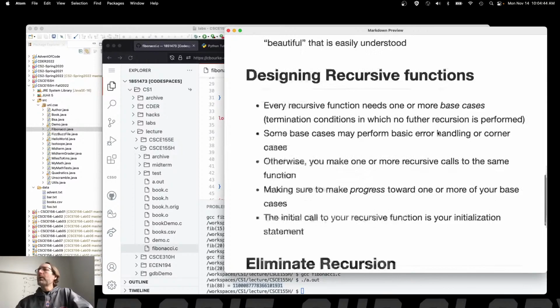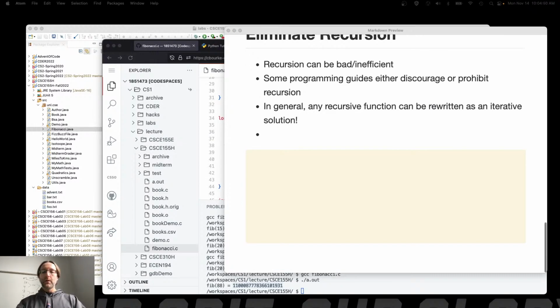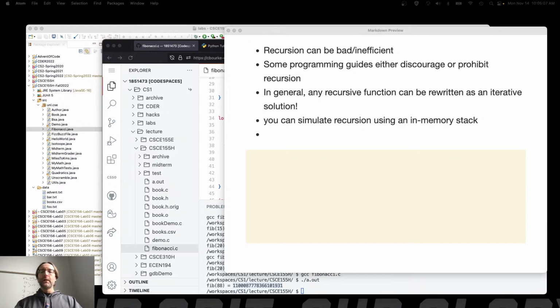So you can do that with any recursive function. You can rewrite it as an iterative solution. You can always simulate recursion. You can simulate recursion using an in-memory stack. Okay, and that's just a data structure. We'll talk about that later, because what I want to show you is you can eliminate redundant work